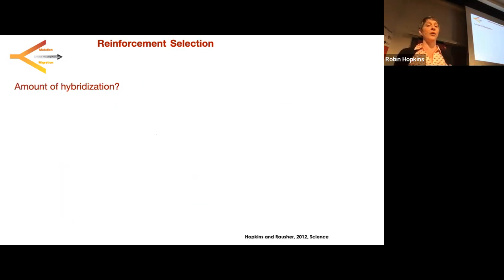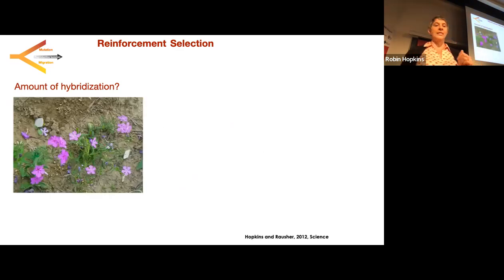But then we might want to know, of course, how much hybridization actually happens. And for this is some cool old work that we did, actually measuring hybridization in the field. So this is Drummondii and Cuspidata, which grew out in the field together. And the Drummondii, we took the allopatric ancestral color, right? So before it evolved dark red flower color, how much hybridization would have happened if the flowers are actually the same color put together with the pollinators?